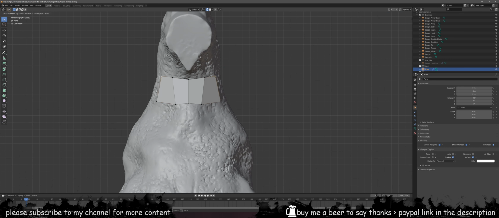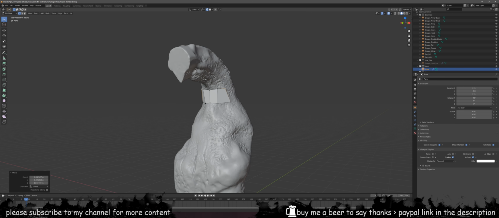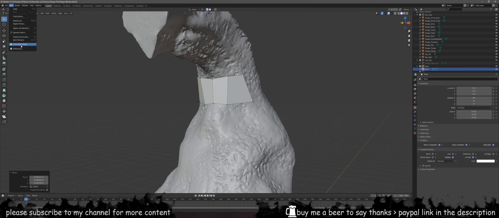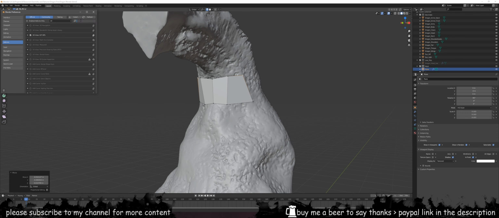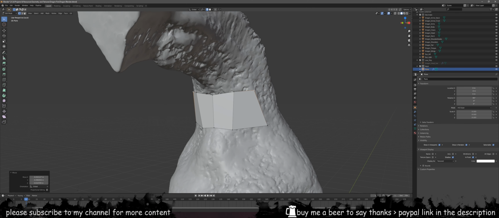Again, just make sure that you do have the F2 add-on. So for all of you that do not know about this, just go to Edit, Preferences, Add-ons, and just search F2 and just activate it. This will allow you to extrude by